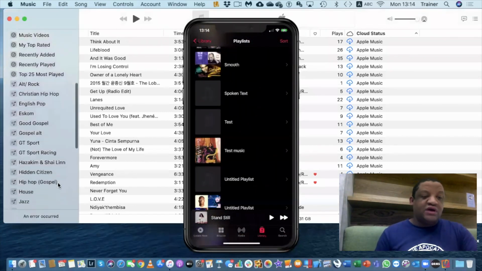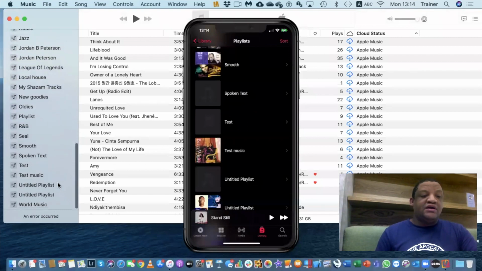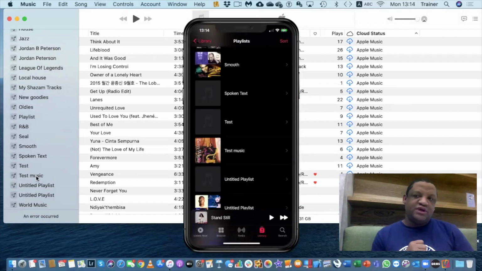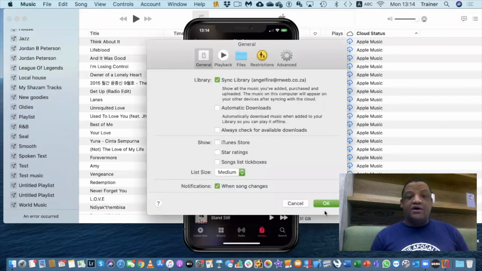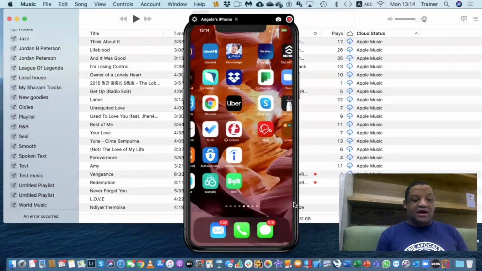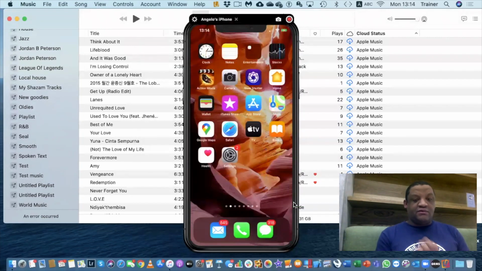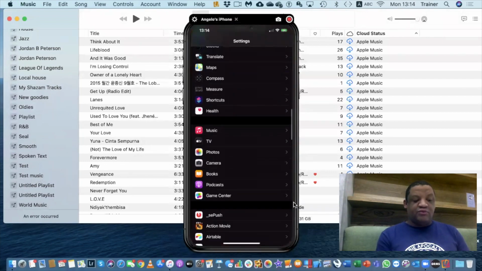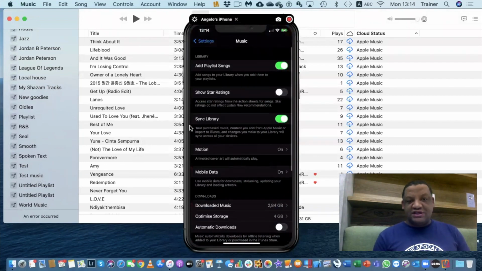If I go to my computer in a short, there we go. It actually came through immediately. So this is so cool about it because you become the central part of your universe, okay? And based on the setting that you have here, as well as on your iPhone, if I go to my settings on my iPhone and I go to my music preferences, you will see that it's also switched on that side.